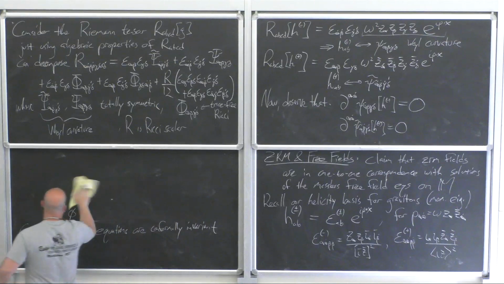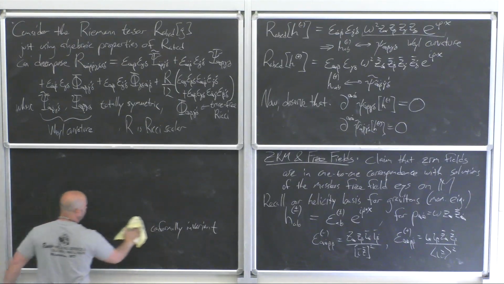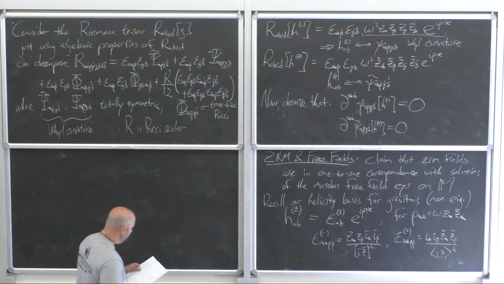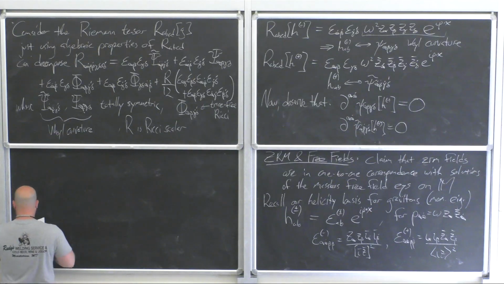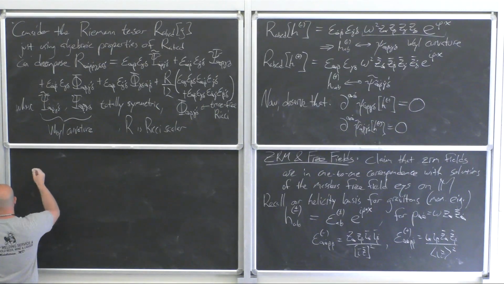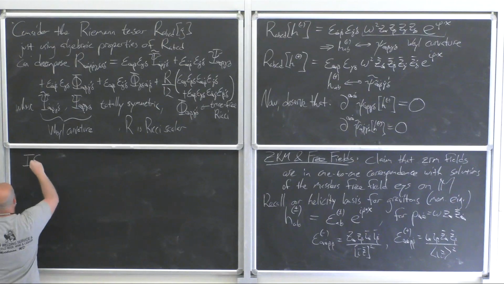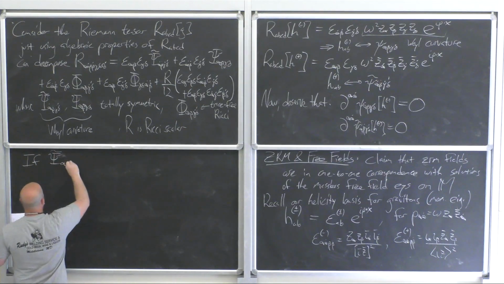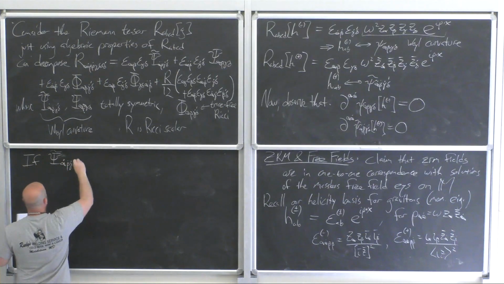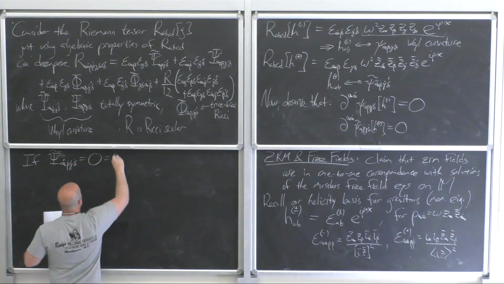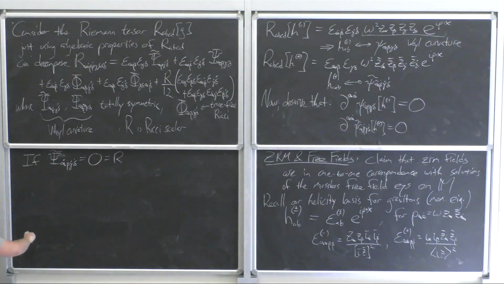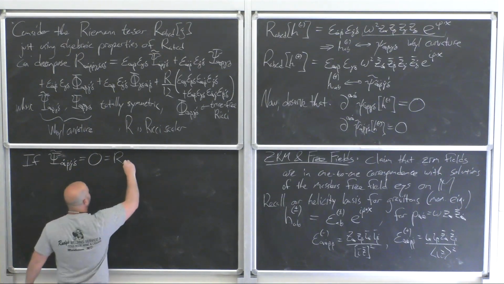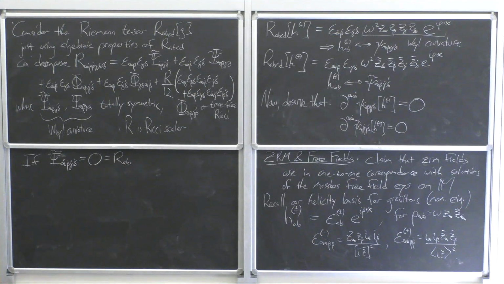So how do we see this? If, for instance, you had some metric where the twiddled irrep of the Weyl tensor was 0, and its Ricci tensor vanished, so it was a vacuum solution of the Einstein equations, then